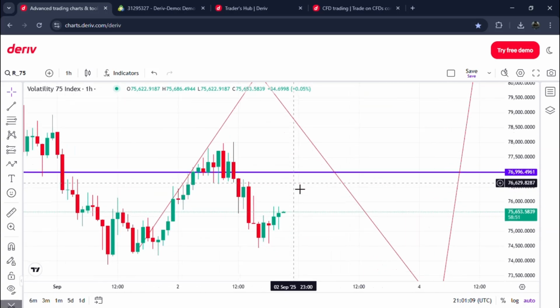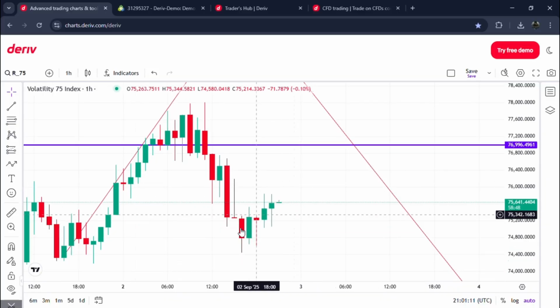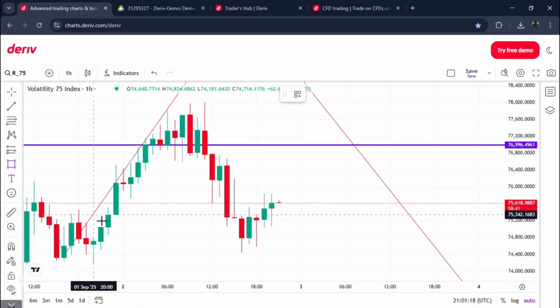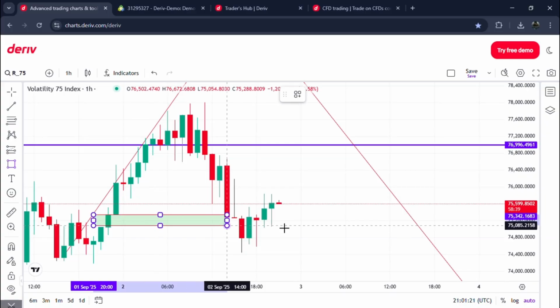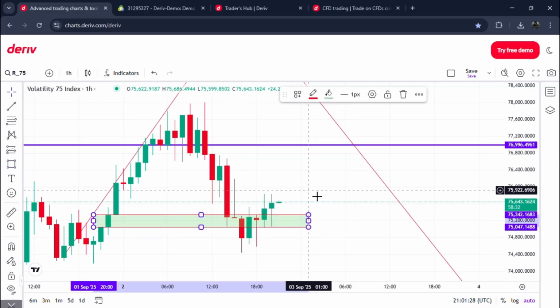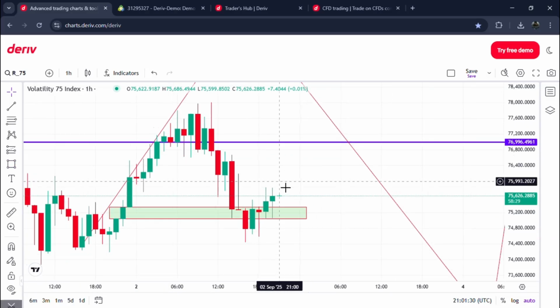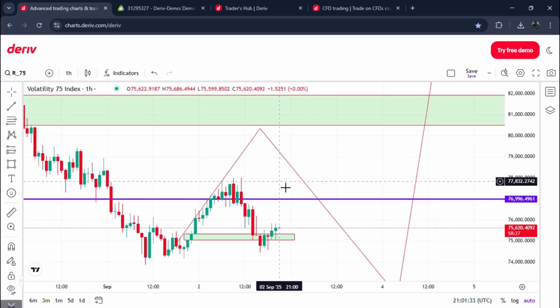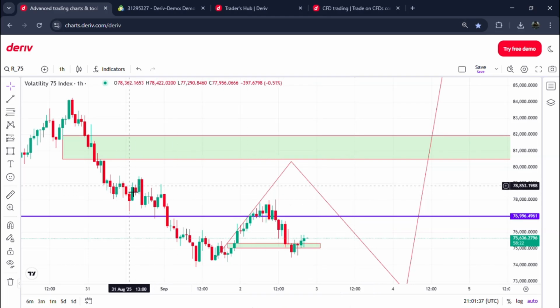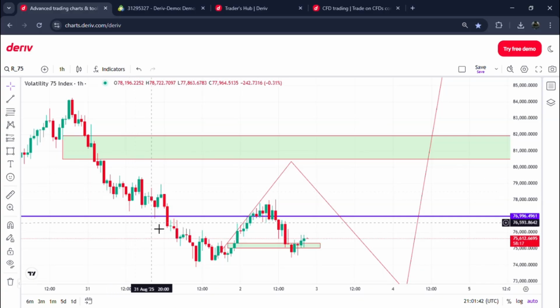Okay, so we can clearly see there was a fair value gap here. You can also look for other things. What I told you, the trends under 1 hour, and try to understand. So you can clearly see the market was forming a series of lower highs and lower lows, lower highs and lower lows. And up to this point, let me